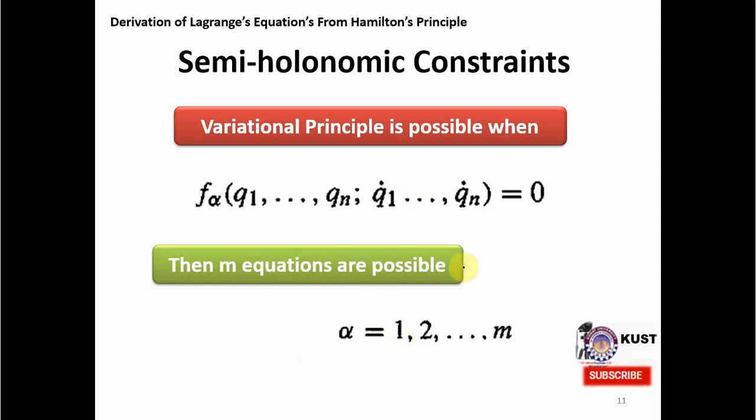Now we can put this function equal to 0, and we will have these m equations defined, and some of these equations will be the equations of constraints. All of them are not equations of the dynamics, but some of them are equations of constraints. You will see an illustration of this in simple examples I present at the end.